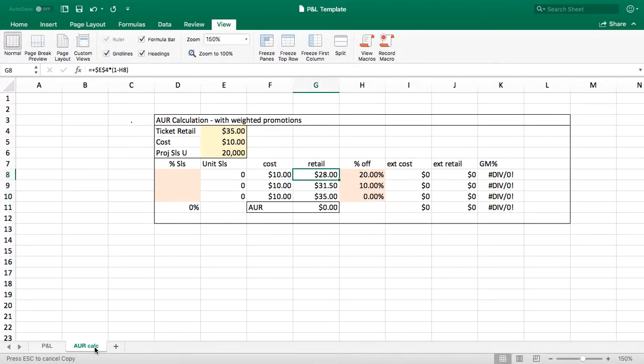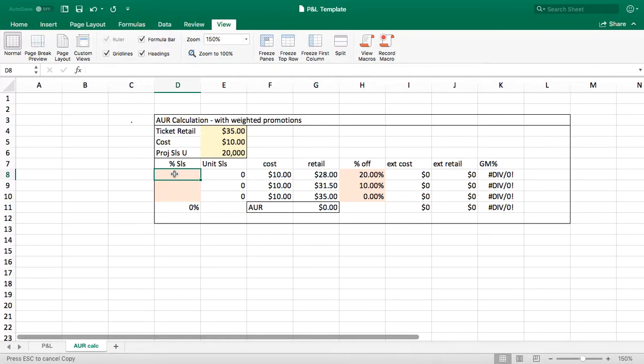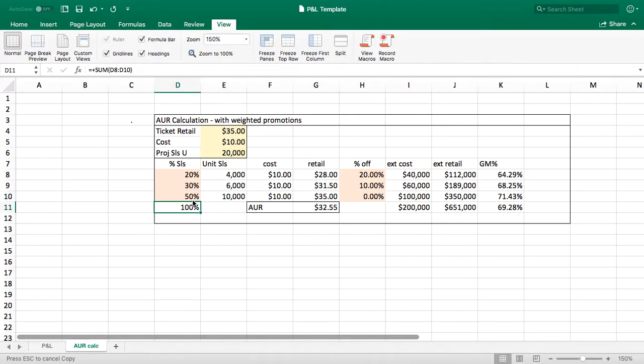And then you can see how our ticket retail here has changed to be 20% off, 10% off, and then at regular price. Then in this box, you're just going to say how much of this 20,000 units do you think you are going to sell at 20% off. So we're going to say 20% of our 20,000 units is going to be at 20% off, 30% at 10% off, and 50% at regular price. Again, there's some thought process behind here. I'm not going to go through it today, but you type in what you think is going to be there,